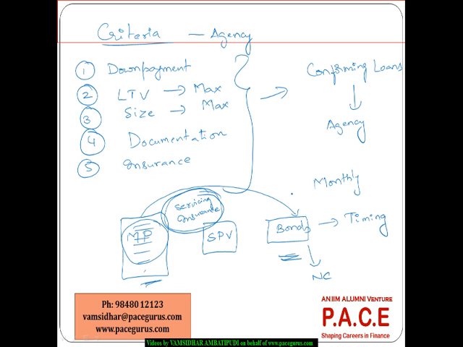And even the timing, probably these people would be paid, let's say, on a quarterly basis, but here it might so happen that every month there are some payments coming up. Even if it is mentioned here that the bond investors would also be receiving on a monthly basis, the exact time may not be matching. The different borrowers may be paying at different points in time. So by the time this is getting transferred to the bond investors, there is a time delay that comes into the picture.